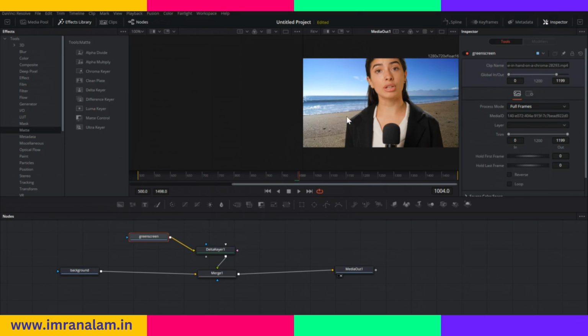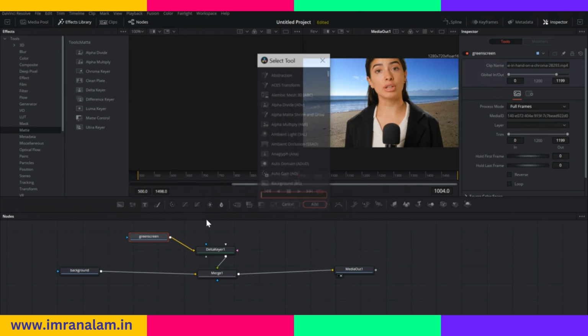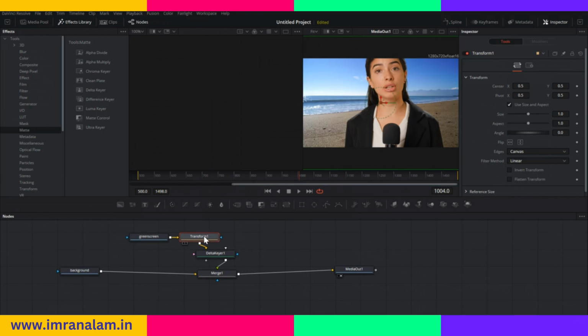Now you'll see that our subject has been zoomed in. So what we will do is press Shift and spacebar, or you can also use the right mouse key and then click here on transform, and bring our transform panel here. Okay, we will add the transform panel here, and we will decrease the size of our green screen, like this. Now if we play our video,